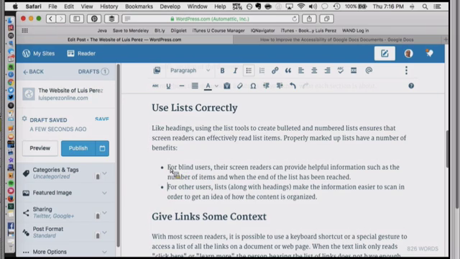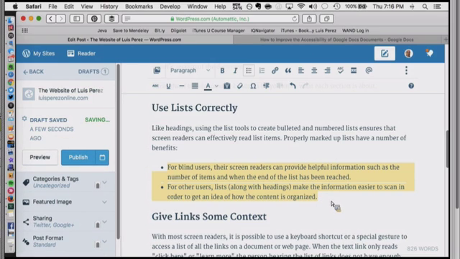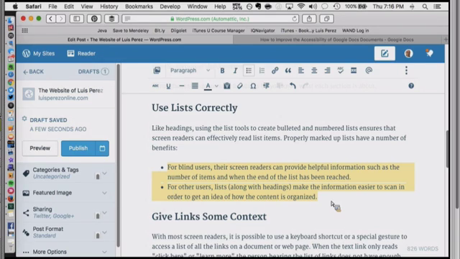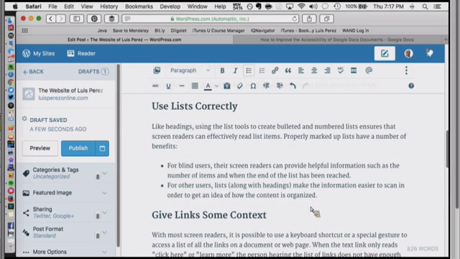So why are we doing it this way? Well, when we mark it up correctly as a list, a screen reader, when it comes upon the list, is going to say that it's reached the beginning of a list. And it's also going to let us know how many items we can expect. And then when we reach the last item, it's also going to say end of the list. So we get a lot of additional information when accessing this list with the screen reader that is not there visually. That information is just to help people who are using a screen reader.